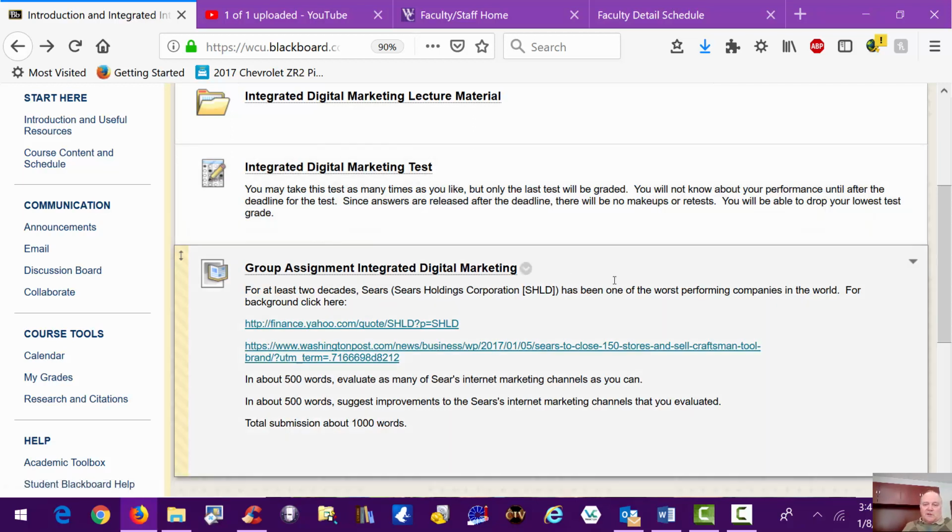And then on Wednesday and Friday, what we'll be working on is group assignments. This is something called integrated digital marketing. Integrated means you need to be doing everything consistently. Your social media should look like your web page. When you send an email, it should look the same. When you view a site on a mobile platform, it should look like the website does on a PC. You should have consistent imagery and branding.